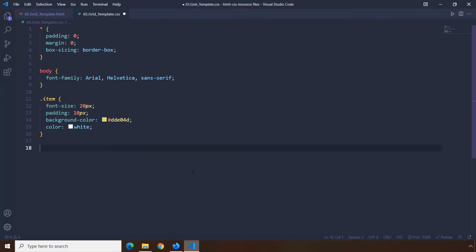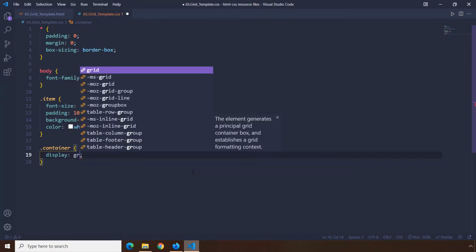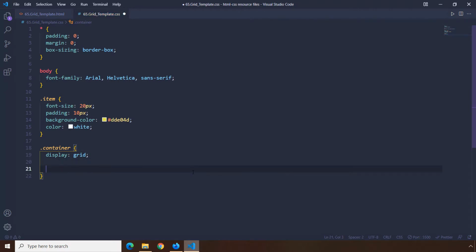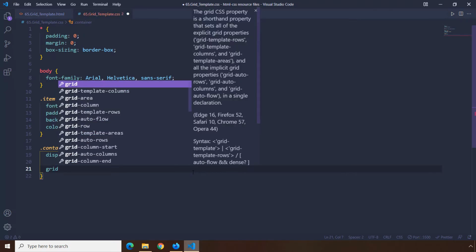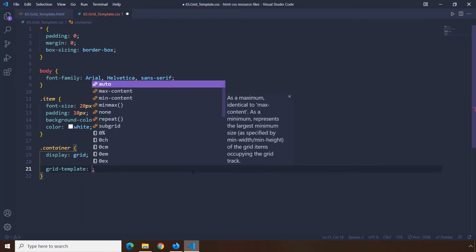If you want to use all three of them at the same time, this is how you would want to do it. So grid template. First let's select the container. I'm going to say display grid. This time I'm not going to specify a height for it. We are going to say grid, where is grid template? Grid template, there we go. So first, the way that you can specify grid template areas, columns, and rows at the same time is that,